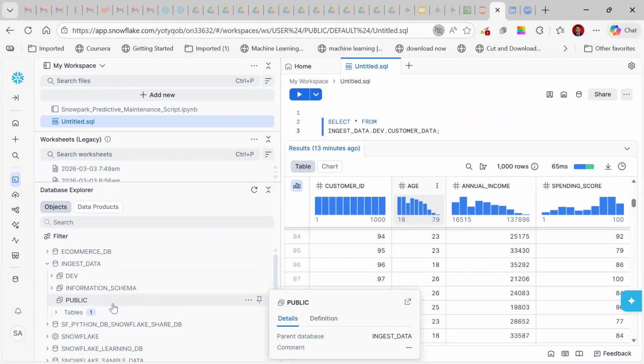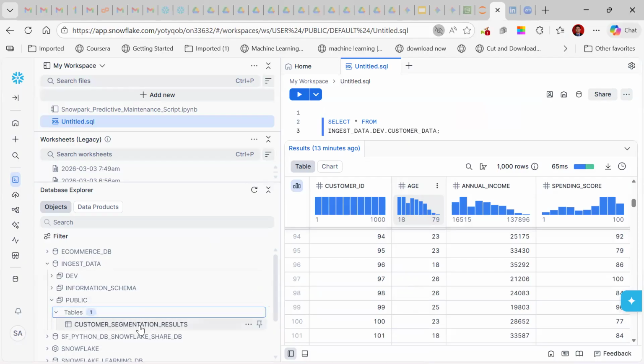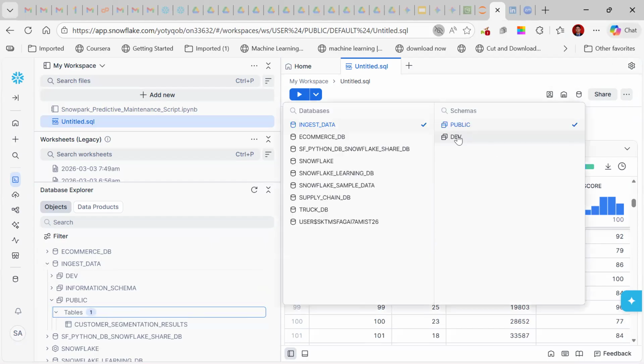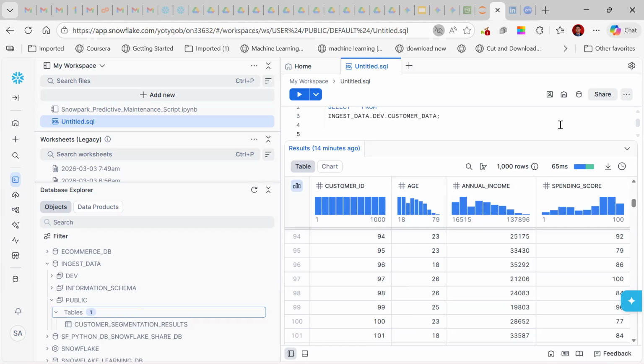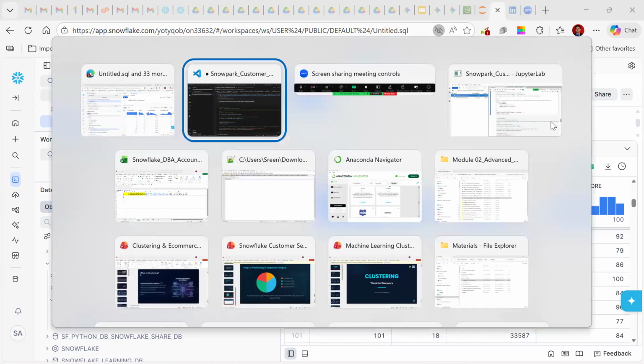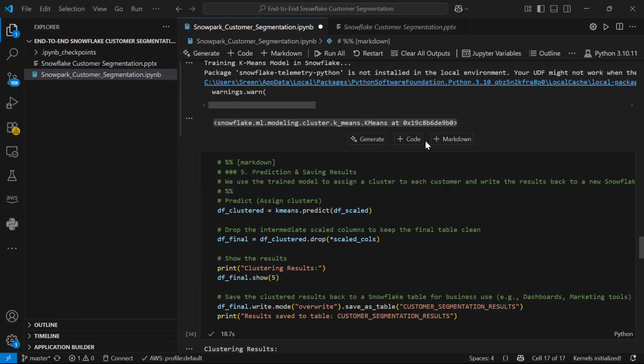Did it go to the public schema? It went to the public schema. Can you see that? I don't know why. Okay, anyway, we got it. I just point to that. So maybe you have to clearly mention the database name and schema name in the path. If you mention the identifier, it may create it there. By default, it went to the public schema.